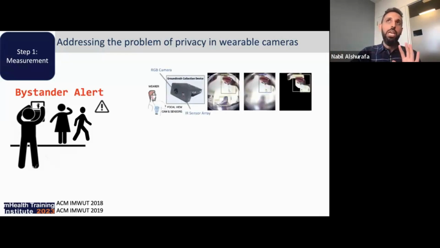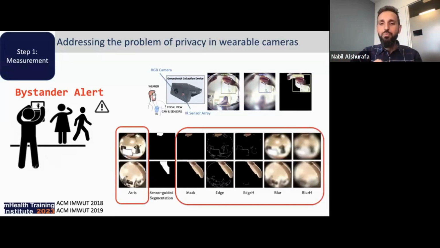What we really cared about was capturing what's in the hand to know the activity of the wearer. Sometimes we cared about the background, sometimes we didn't. But we wanted to make sure we couldn't identify people, and so we tested different obfuscation methods.